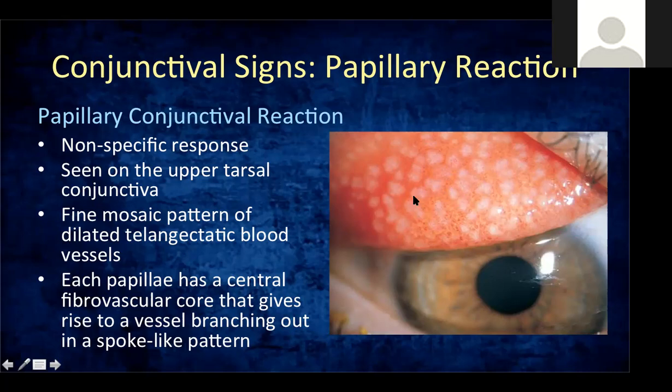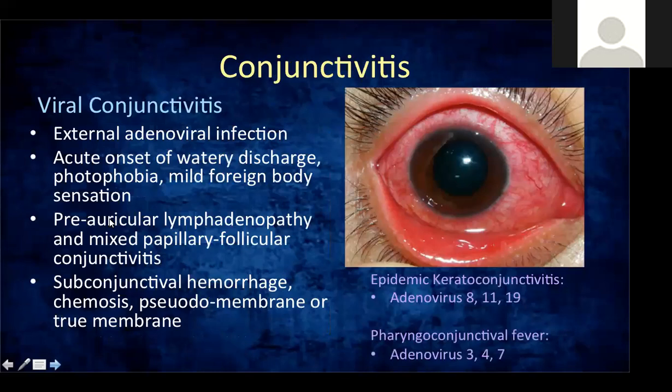Okay. It's quite difficult really to imagine when you're not in front of the slit lamp and looking at an actual patient. But this may be what you may see. They could be larger than this. And later on, you might encounter in the discussion a characteristic condition that presents to you with papillary reaction. So I'll go into that later. Okay, when you talk of inflammation or infection of the conjunctiva, we generally term it as conjunctivitis. And there are different etiologies for your conjunctivitis.